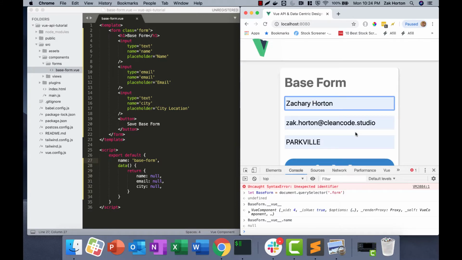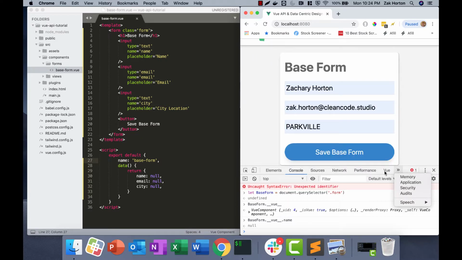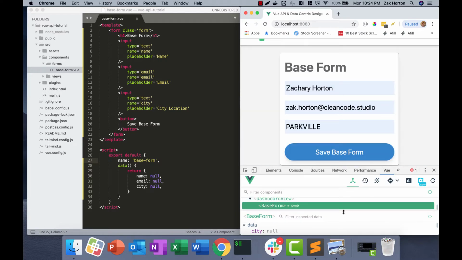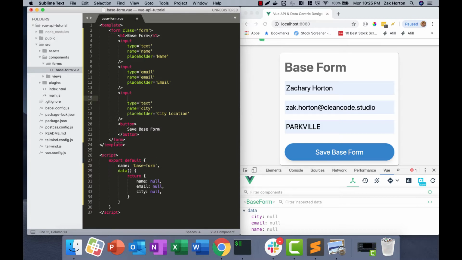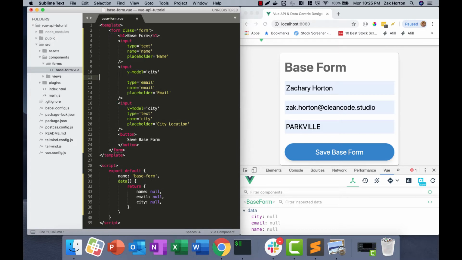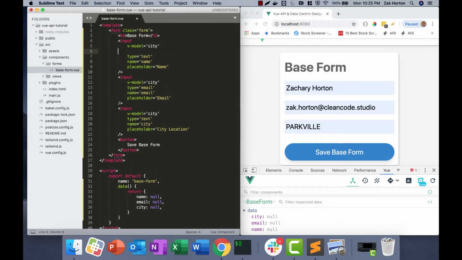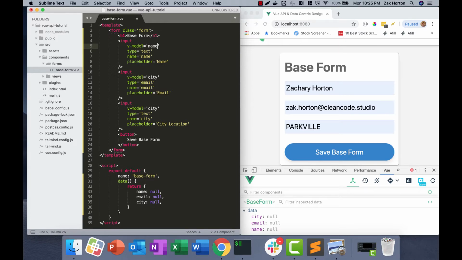Okay. So now, what if we fill out our form? If we fill out our form and go back to our Vue dev tools, we have not two-way bound that data yet. All two-way bound data means is if we update our input field, it should update our instance data, and if we update our instance data, it should update our input fields. Vue makes this really easy. They add this custom v-model directive, and all the v-model directive does is say, hey, I want to two-way bind my data instance with this input field's value. And so if we add that in,